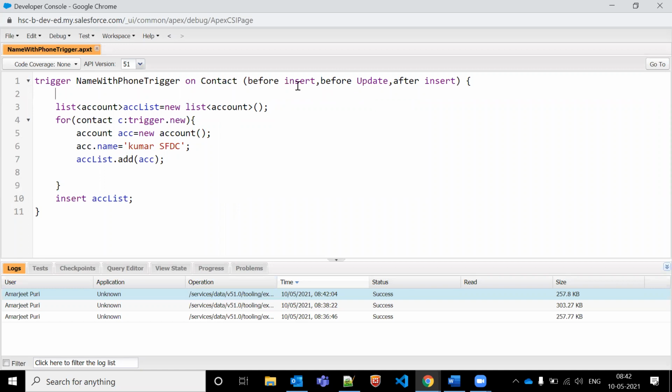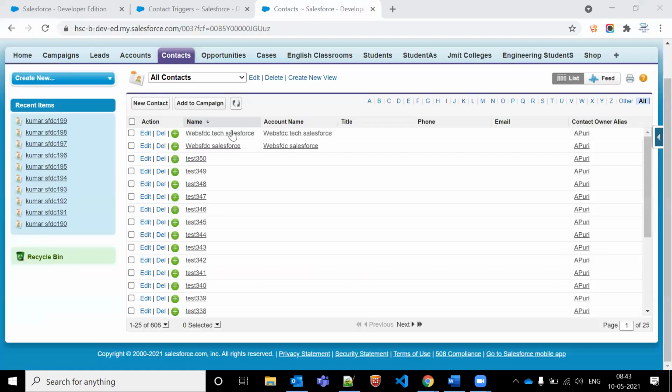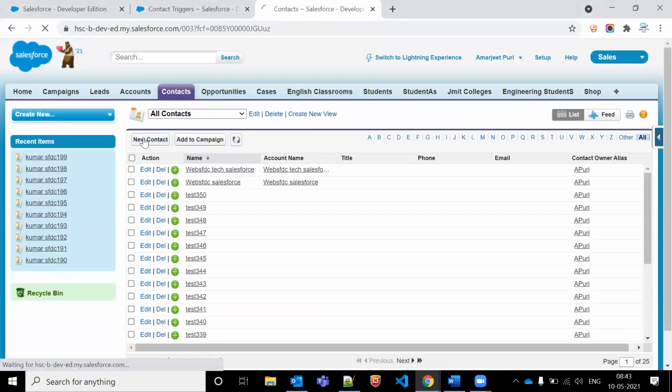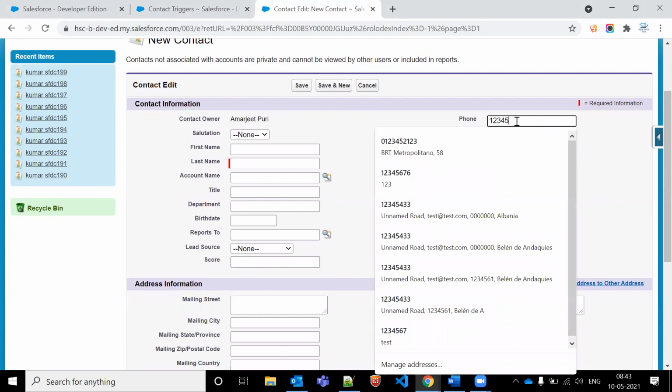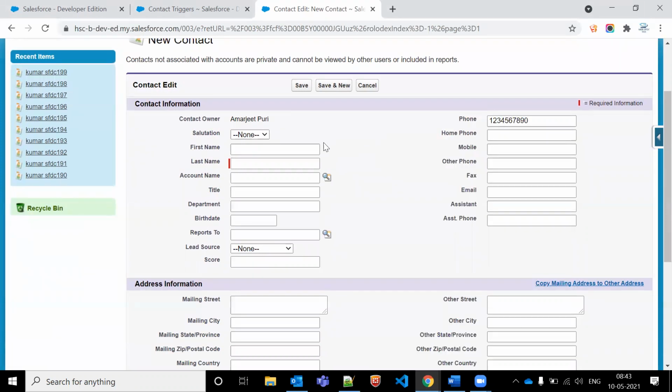And so here what we are trying to do, we are writing before, after, and all. So how can we check, how can we get to know whether it should be performed as a before, it should be performed as an after, it should be performed as a before insert, it should be performed as an after update. So what our condition is, let's say if I'm creating a new record in the database, so once my record is inserted to database, my phone number should be 1234590. Okay, so if I'm updating the record on the same object, then my phone number should be 0 to 1, like opposite.